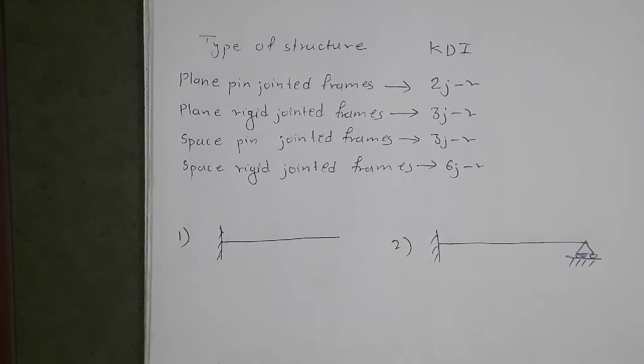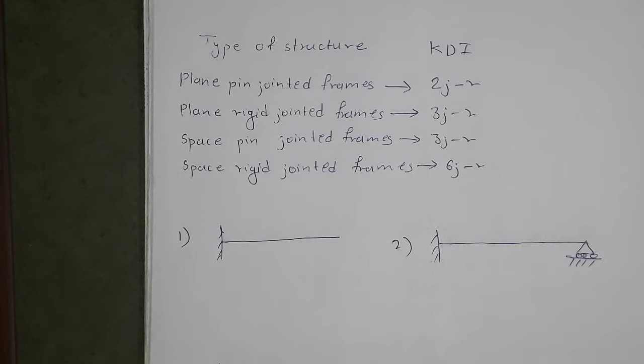So today we will see about kinematic indeterminacy. Kinematic indeterminacy is nothing but the number of independent displacements at all joints in a structure. So what are the independent displacements? They are slope and deflection. We will first see this theoretical part and then we will move to solve the examples on it.